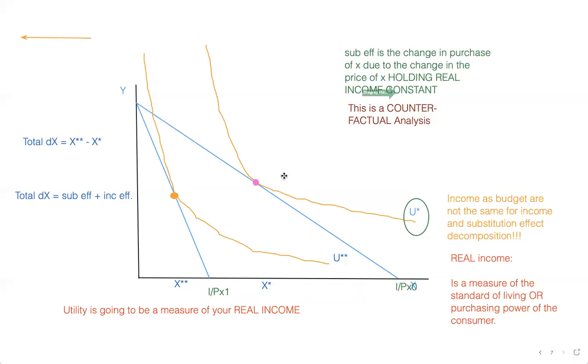And what I want to do is go ahead and try to clean some of this up. So I'm gonna get rid of that X. Okay, so we're going from PX0 to PX1. And remember that the slope of the budget line is the price ratio. So the way we're able to express the counterfactual is to say, okay, we want to look at a budget line that's on the original indifference curve, has the same utility as what the consumer achieved before, but what the consumer would have picked if they faced the same prices as they faced